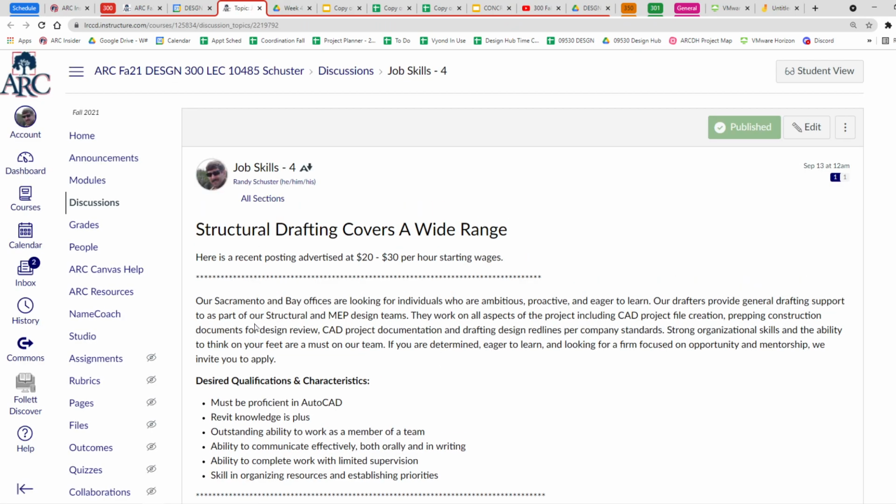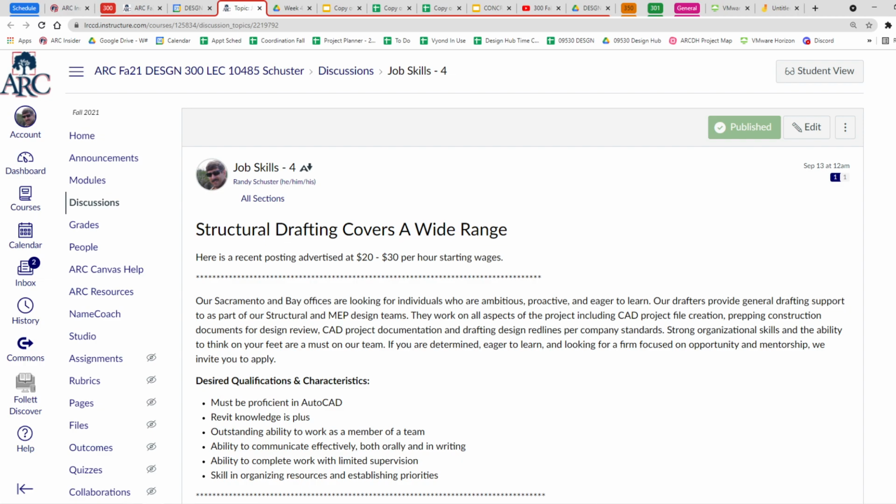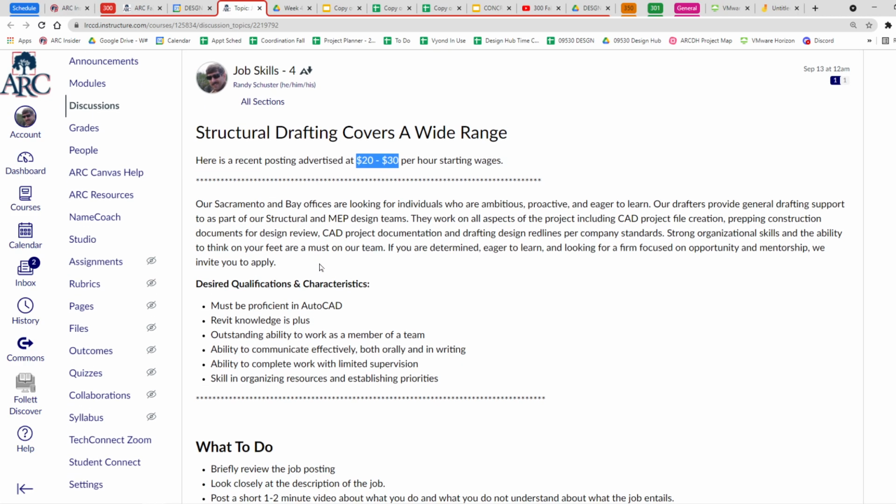And workplace preparedness, again, we've got another one. Here's a structural drafter that I pulled up. I just used another one because we're doing structural. Okay, 20 to 30 an hour. That's not bad, especially for Sacramento. 20 to 30 an hour if you had to live in the Bay Area is probably not that great, but